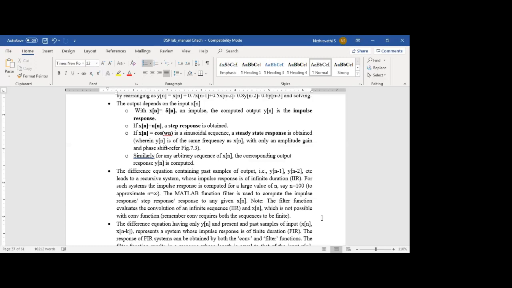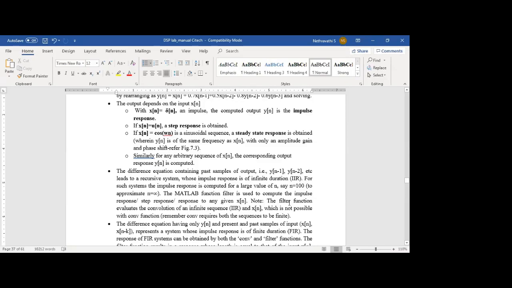This is not possible using the word CONV. Of course, I can find the convolution, maybe a circular convolution or a linear convolution, using the words. If it is a circular convolution, we'll be using the word CCONV, which is circular convolution. If it is just a linear convolution, then we'll be using the keyword CONV. But in this particular case, I cannot use the word CONV.